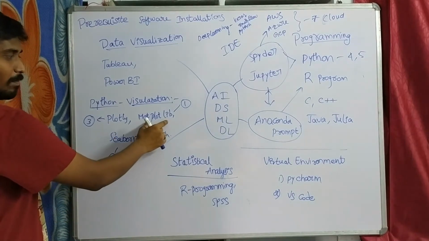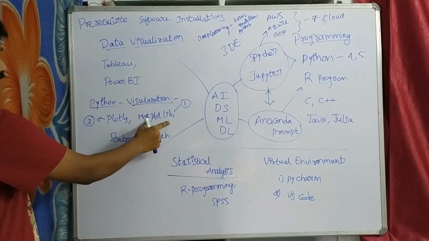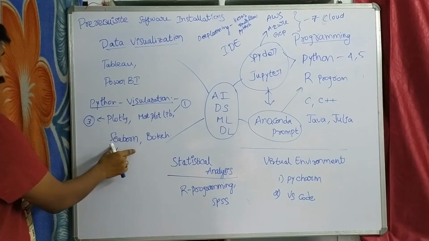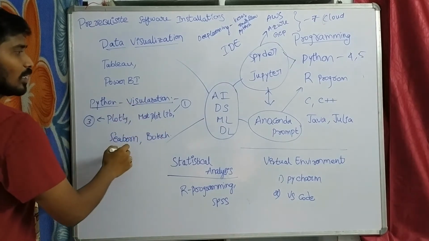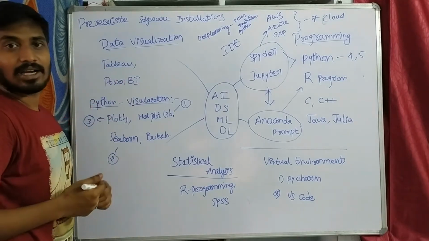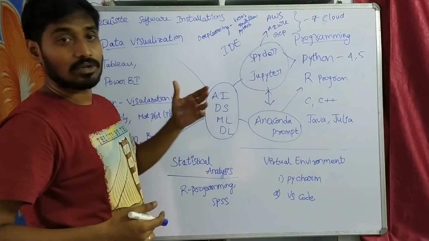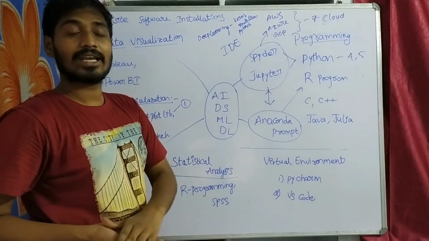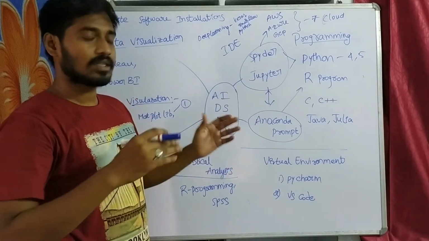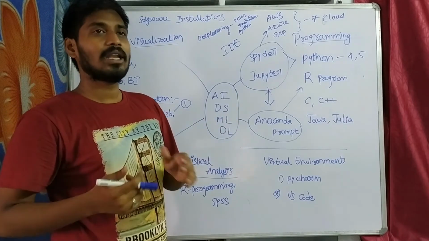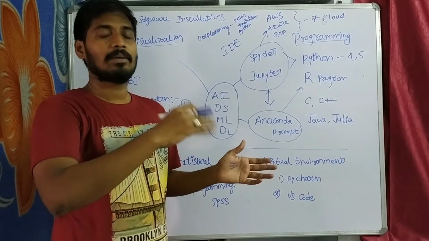The first one you need to learn is Matplotlib, and after that Seaborn is the advanced version of Matplotlib, and Plotly is the advanced version of Seaborn. These are really helpful to visualize the data, like how the college student marks are distributed, less than 50, greater than 50. Or suppose there is a city, how many people have less than 5 feet of height, and how many have greater than 5.